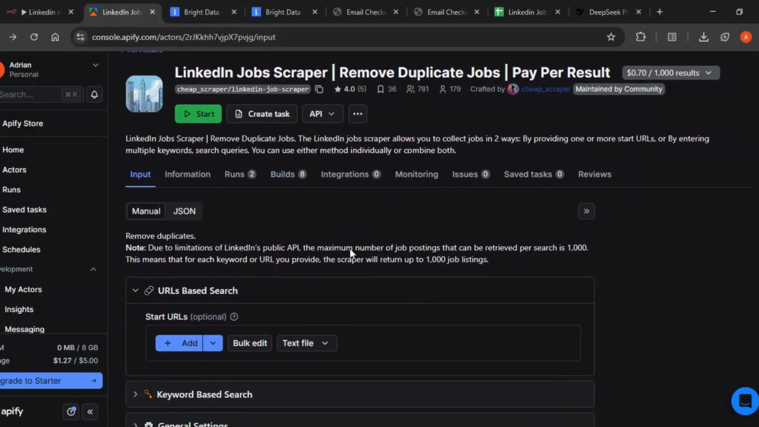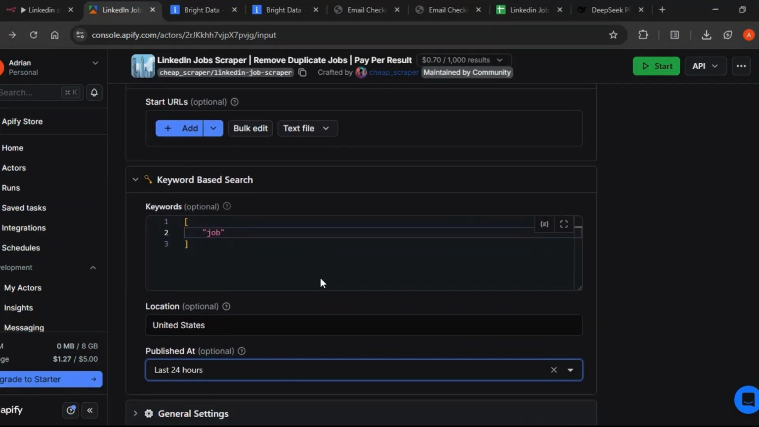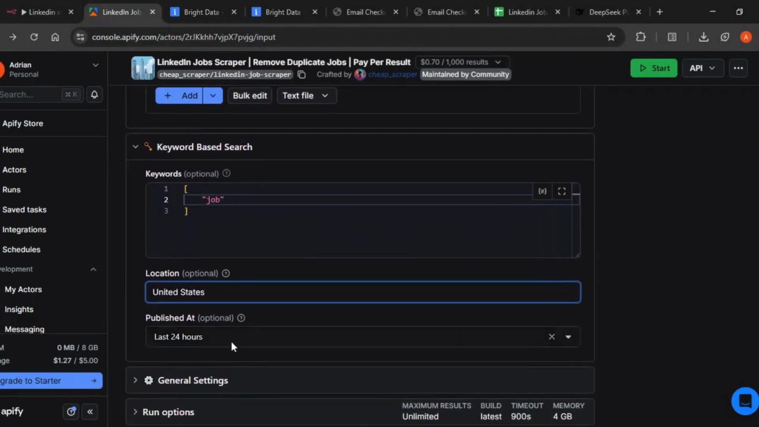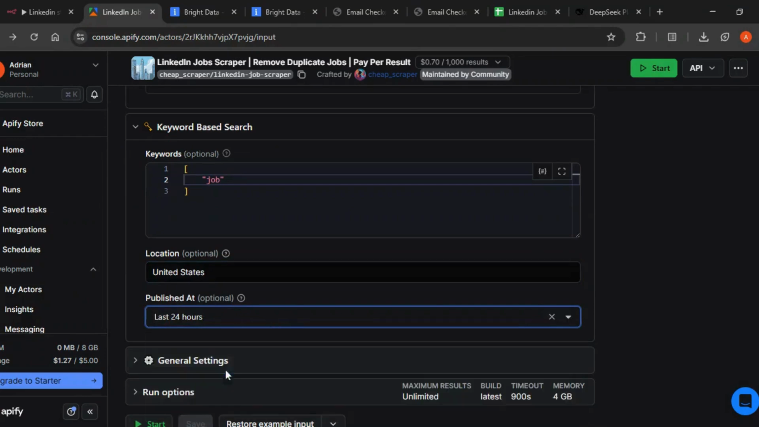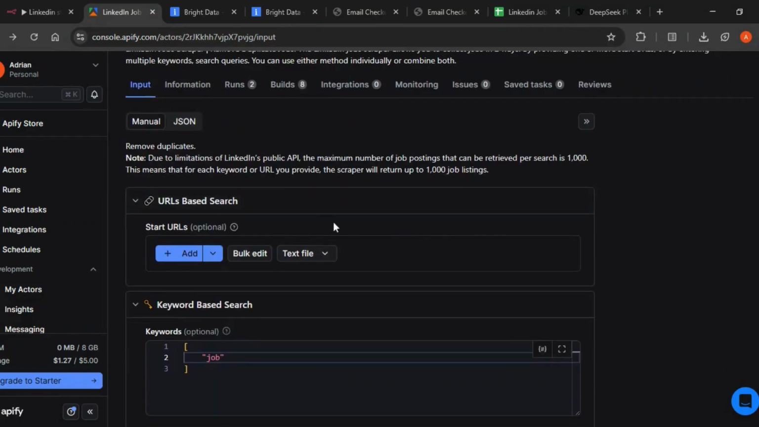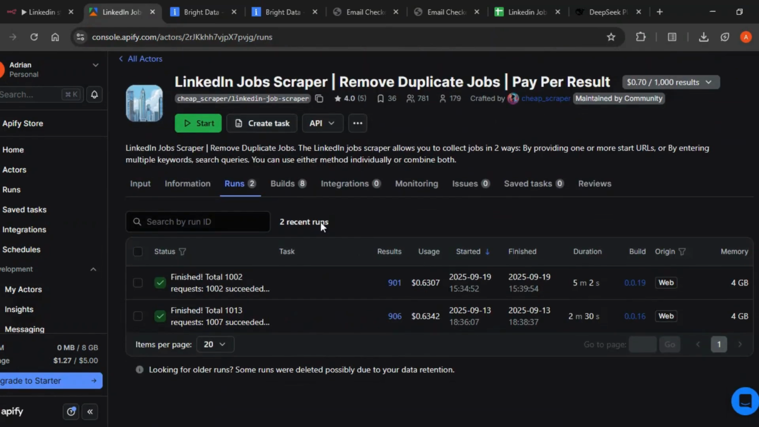So first step is that I'm using this Apify scraper to search for jobs posted on LinkedIn with the keyword "job" because I needed a general term in order to get a comprehensive list of all jobs posted in the last 24 hours. The location is United States because I want companies from the United States only. After I ran the actor, I got 1,000 results,